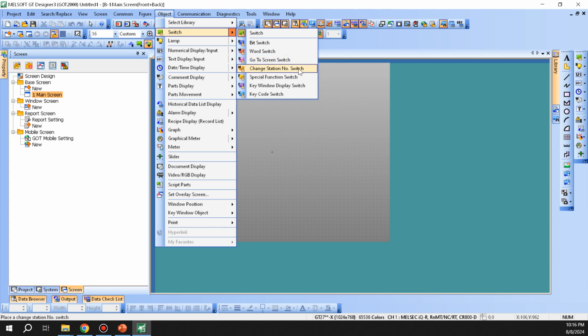navigation push button. Station number is where you can change the station number of your GOT so it can talk to something else, or change the station number of your PLC so it can switch and talk to another PLC if you want. Special function is where you can go to utilities and create an exit application kind of function. There are a few other options in here. We'll go over that in detail, but let's start with the bit switch, and we'll use the other ones as